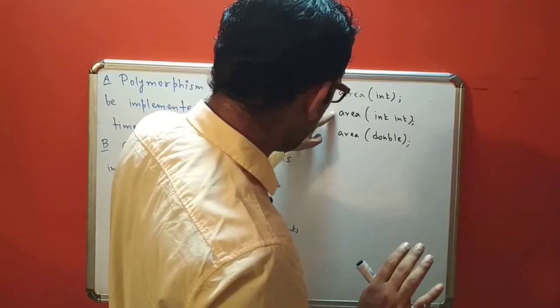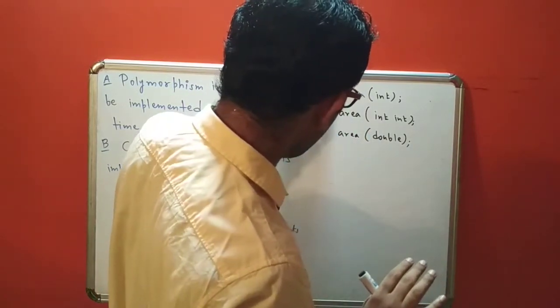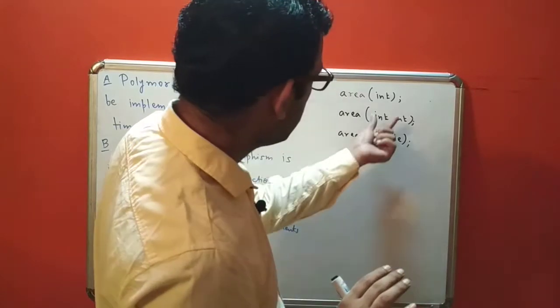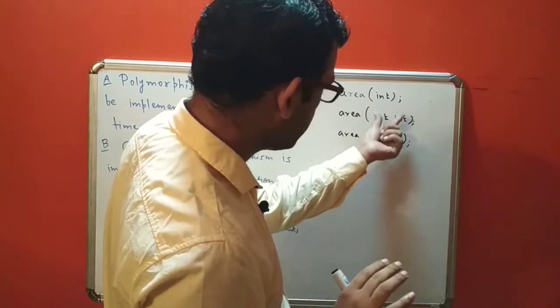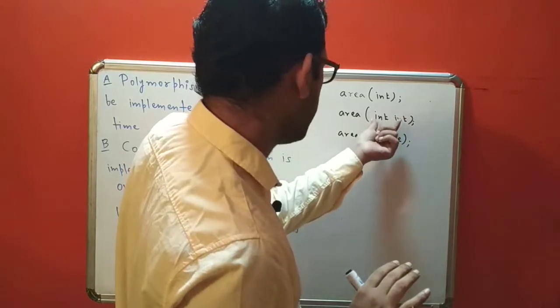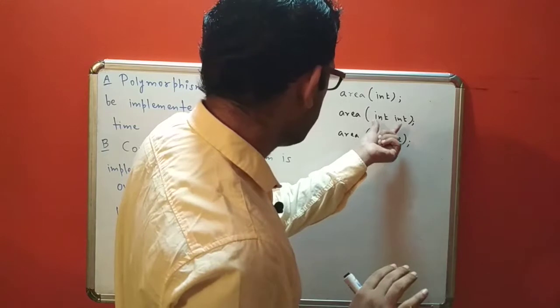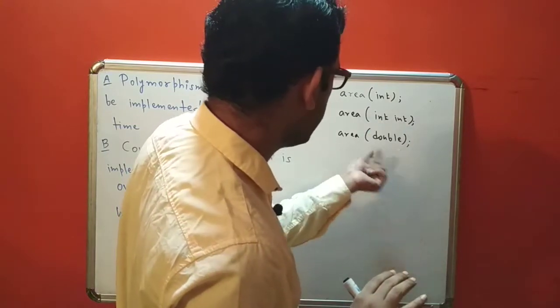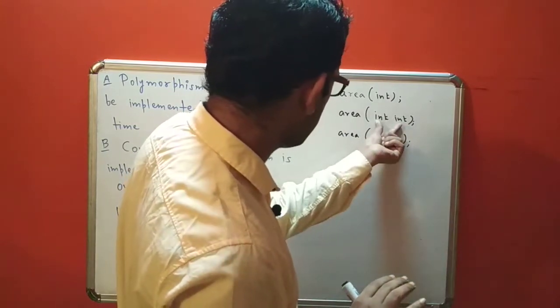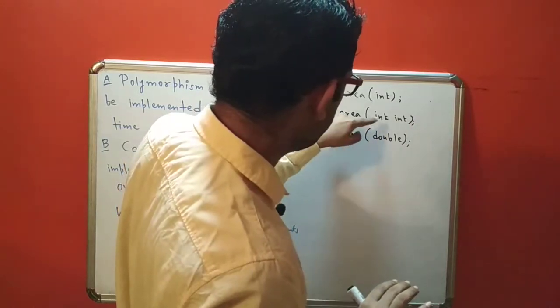What about the middle one? See, the middle one is differing with both function 1 and function 3 in types of arguments, right? In fact, it is differing in types of arguments with this function, because this is taking a double and this is taking int, but it is also differing in number of arguments, right? This function is expecting 2 arguments, this function is expecting 1, and with this function it is differing in both,